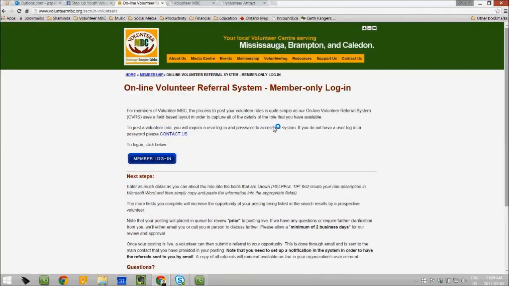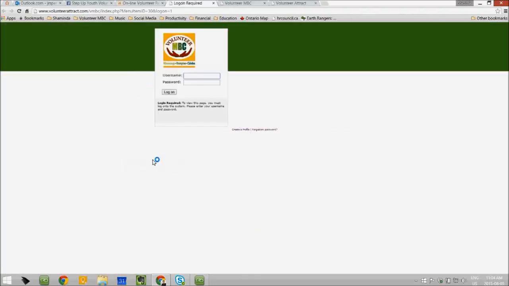You will be taken to the member login page, and there's a few lines of text about the next steps about joining our system, and also the button that says member login. Once you click on the member login button, you'll be taken to the member login dialog, where you enter your login details. So I am going to type in my login details now.